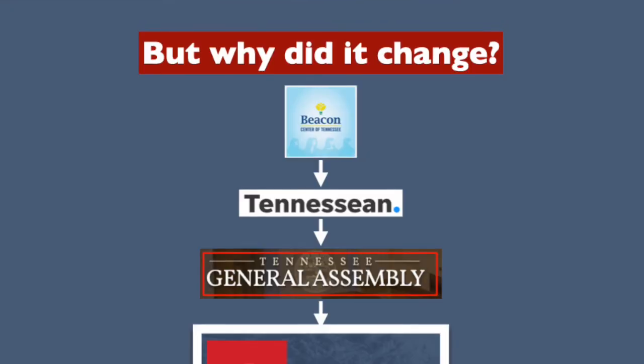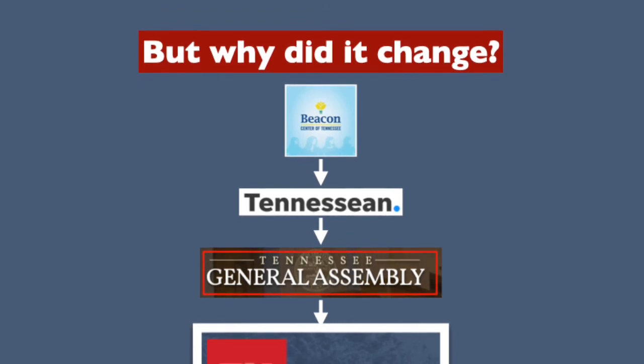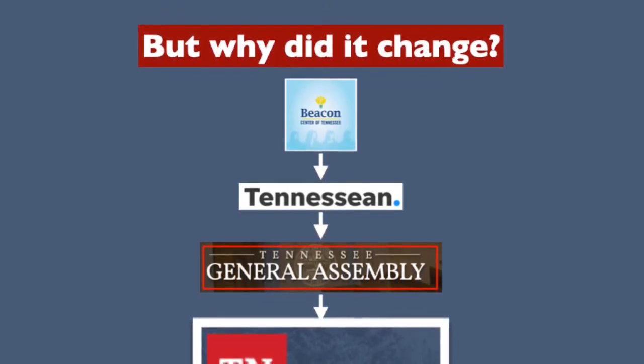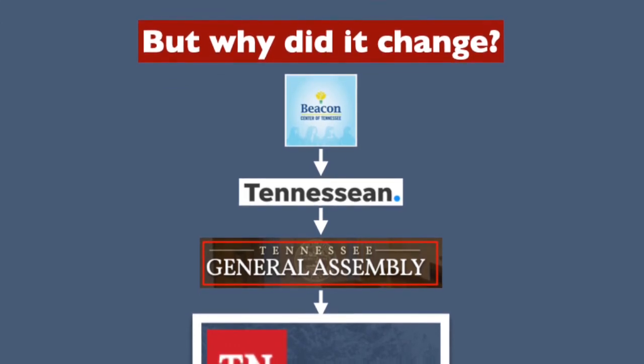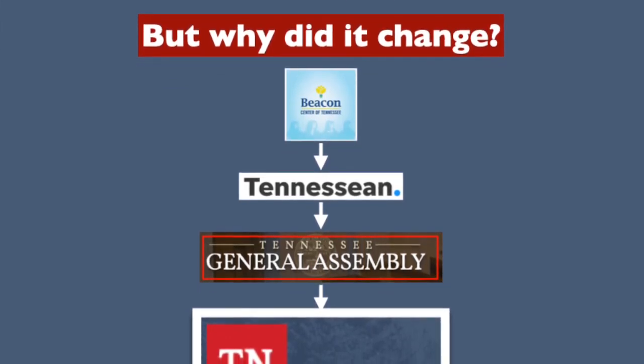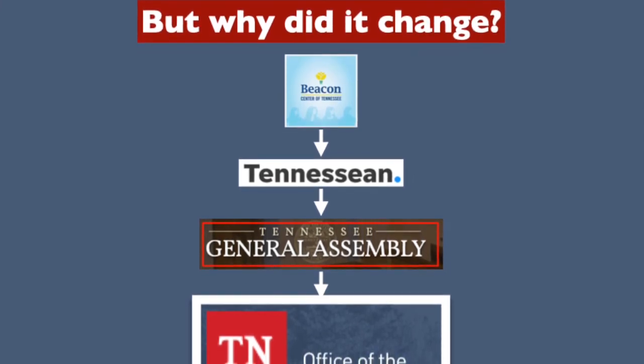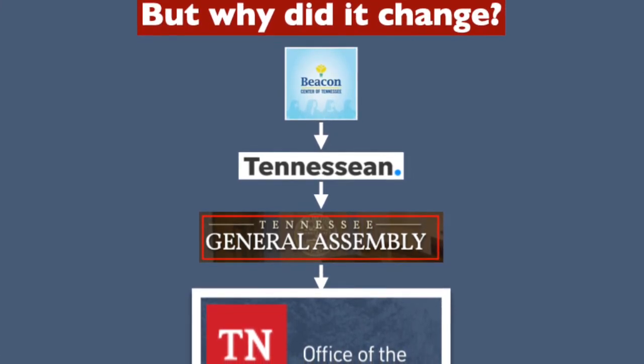So that is not just true for families of 3, but that's an example of what it would be for families of 3. So how did that change happen? Well, you had an organization like the Beacon Center who found out this information, put out their report. The Tennessean reported on that extra money that was out there, that Tennessee had been not using all their federal money and in fact even been spending some of their own money when they had been spending federal money.